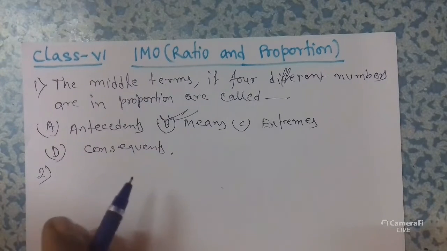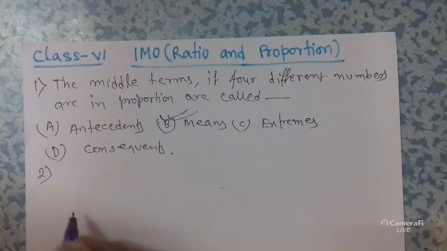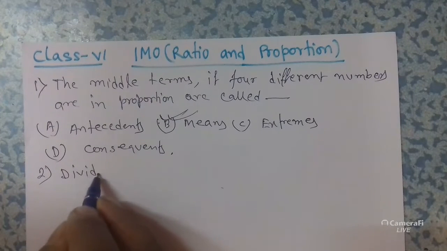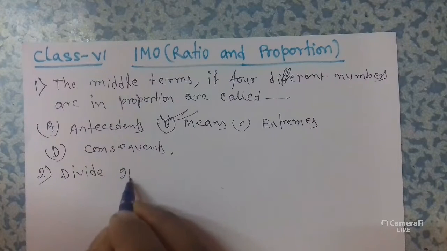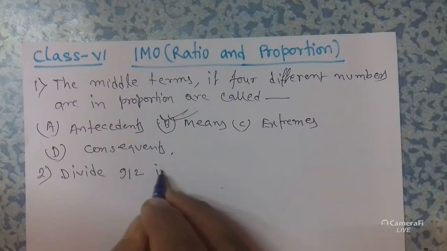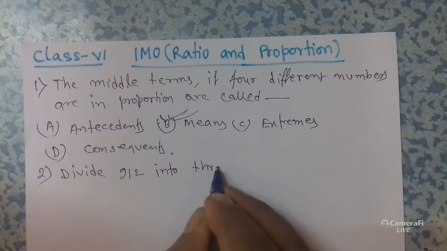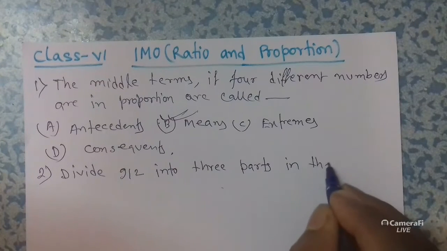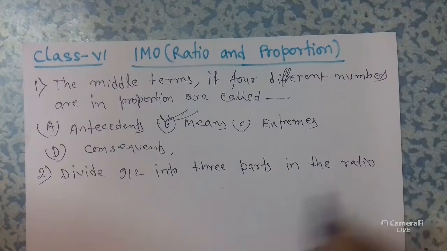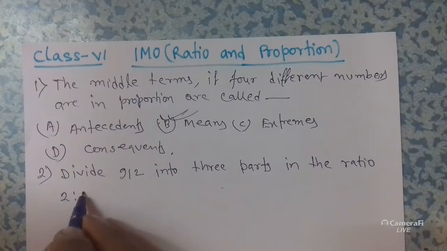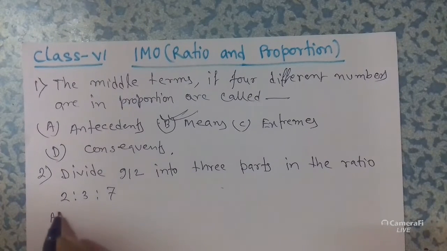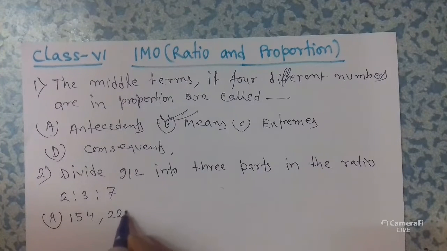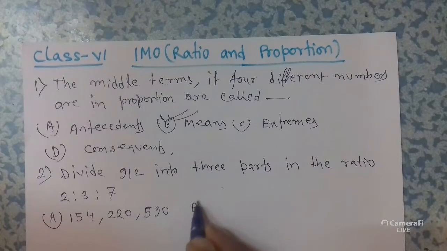Next, divide 912 into 3 parts in the ratio 2:3:7. The options are: Option A, 154, 220 and 590. Option B